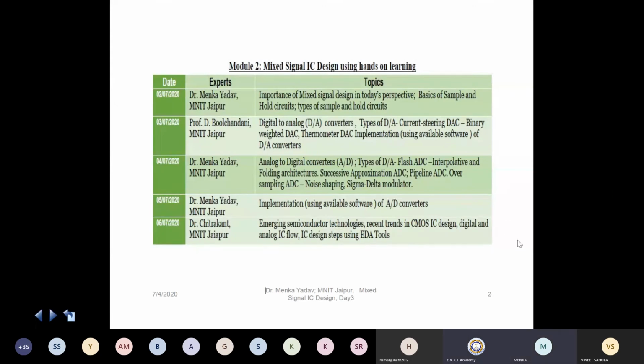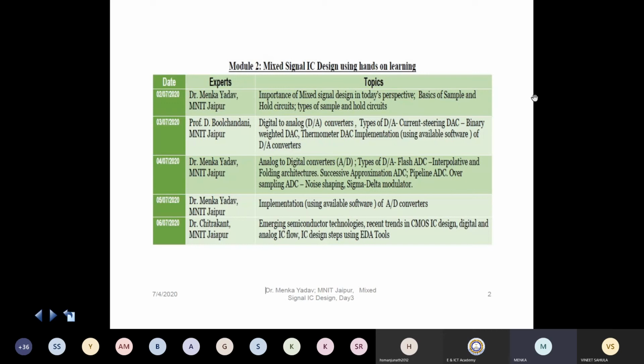So in this we are going to discuss some A to D converters. D to A converters you have already been taught yesterday by Professor D. Bulchandani. So A to D converters is just the reverse process of digital to analog converter. A to D means we will say analog to digital converters. It means we already have the analog signal and then we are going to convert that signal into the digital